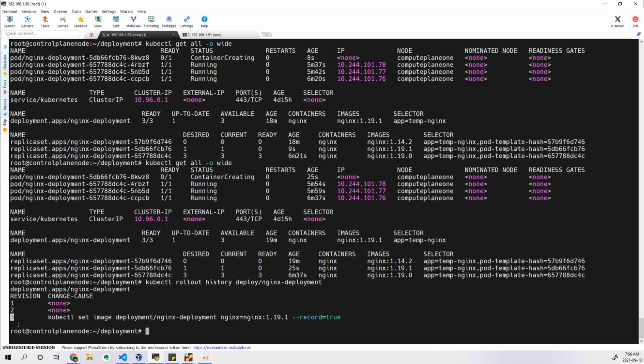Why? Because this is the second upgrade after the deployment was created. This is the first one when it got created. The second one we upgraded to 1.19.0. After that we upgraded to this particular revision. If you want to see the details of a particular revision and compare it to another, we need to give something like rollout history